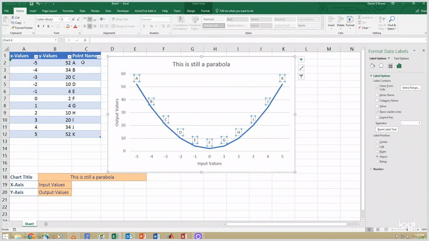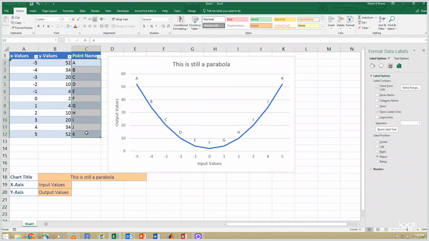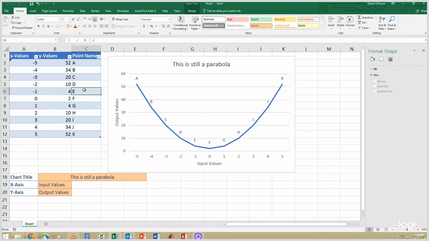You could use more complex formulas or more complex names than A, B, C, D. Here, we call this Fred. All of a sudden, that one is Fred. And that